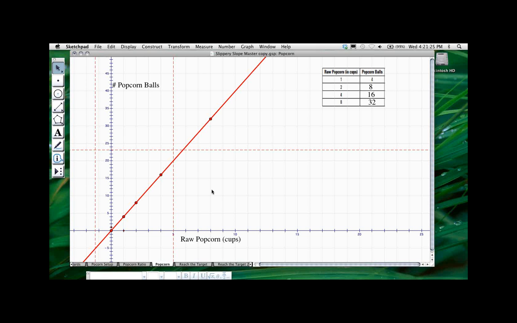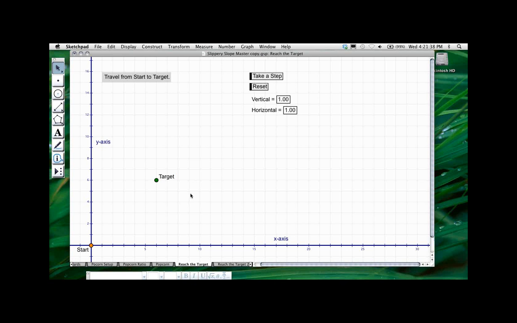All right, so we're going to move on to a different activity, also building up concepts of proportionality and slope. And this one is called Reach the Target. Okay. Again, we're in a coordinate axis system. Oh, and before I get started on this one, I think I'm going to take this moment to give a couple interactive whiteboard tips. So I gave a workshop recently, and we were working up on a smart board, and